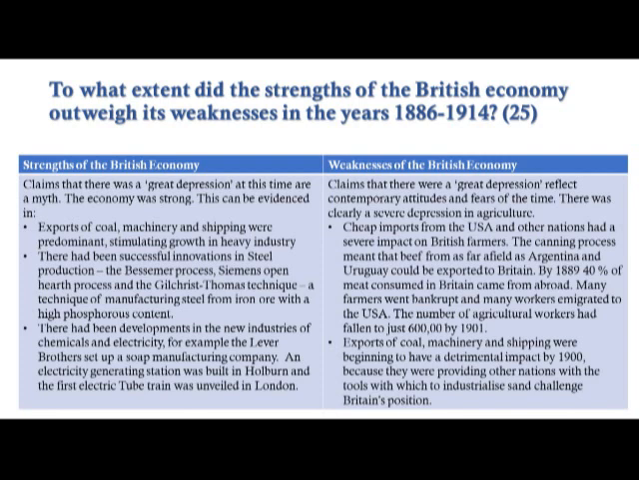By 1889, 40% of the meat consumed in Britain came from farmers abroad. This meant that many farmers in England went bankrupt, and as a result, many agricultural workers were forced to emigrate to the USA. Although we've said that the exports of coal, machinery, and shipping were an area of strength of the British economy,